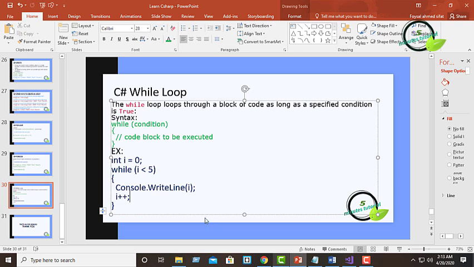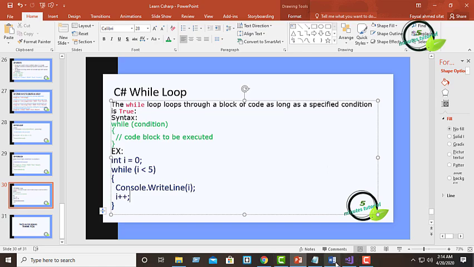So here you can see there is some similarity with the for loop. In the for loop we had three portions. The first portion was initializing the starting point, the middle portion was the condition portion or the ending portion, and the third portion was processing. So here we have to write the starting point first, then we have to write the condition in the while loop, then we have to execute the code, and after executing the code we have to write the code for processing.